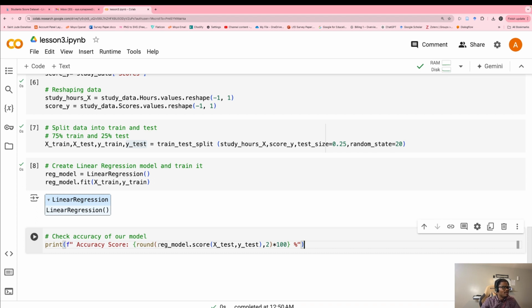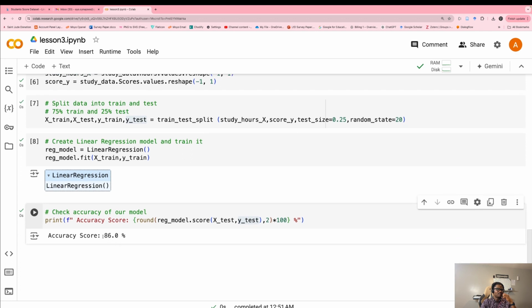I hope this is not difficult for you guys to put. This is just saying print, then you put this bracket, then you say f, and don't put a space between f and the quotes. Just write it the way it is. What this is trying to do is test our regression model with our x test and y test and see what our accuracy is going to be. Are we going to be 100%? Are we going to be 50% or 60%? Let's test it out. I will run this.